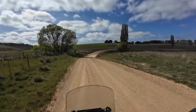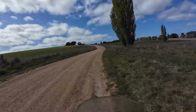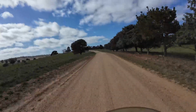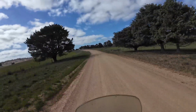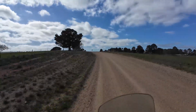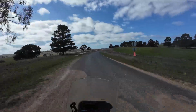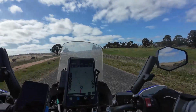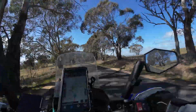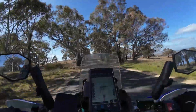Probably don't need to go 200 on a gravel road, but certainly you can. Our next town is Bombala, and that's the biggest town apart from Jindabyne that we'll pass through today. It's the only one with a proper service station. There is fuel we can get later at a place called Clementipity, or Kurunda, is the property name,